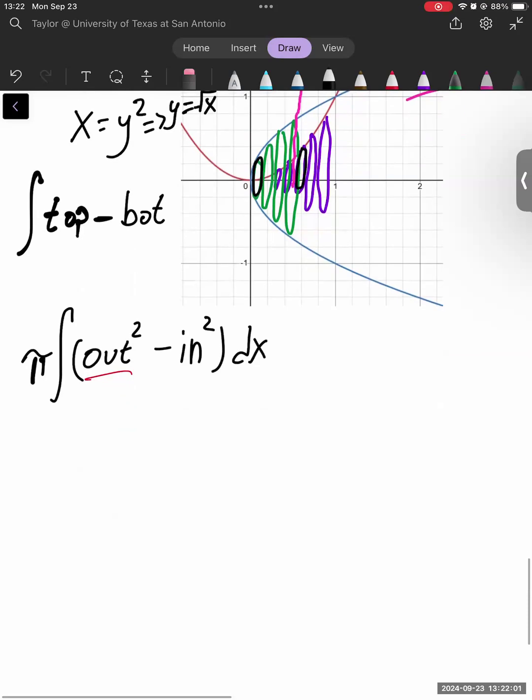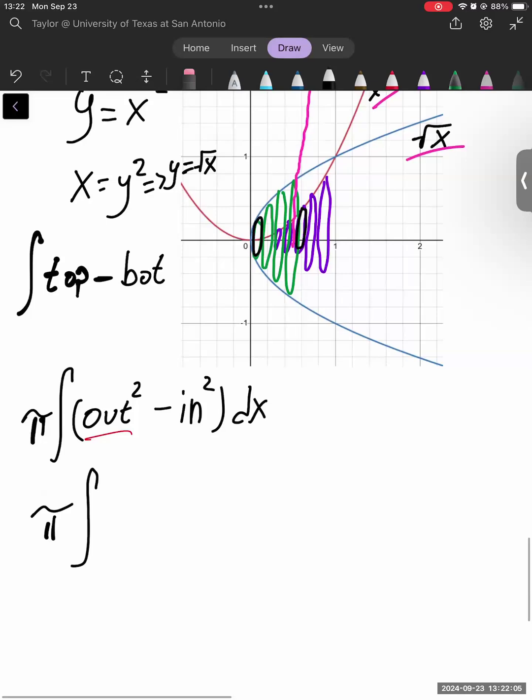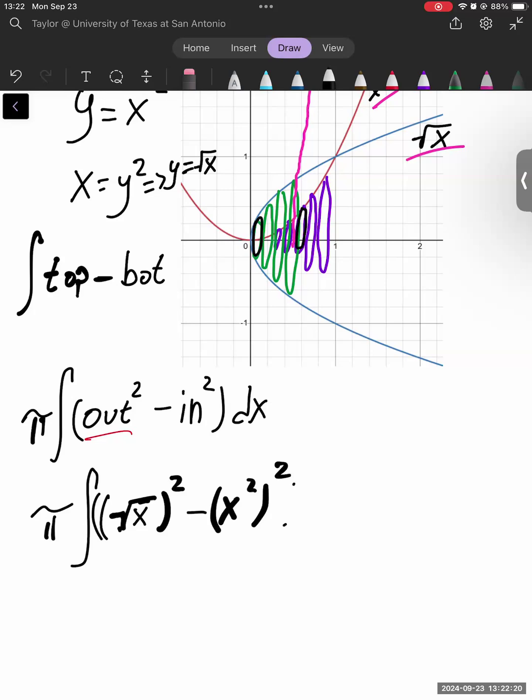So filling that in, we get pi integral of square root of x squared minus x squared squared,